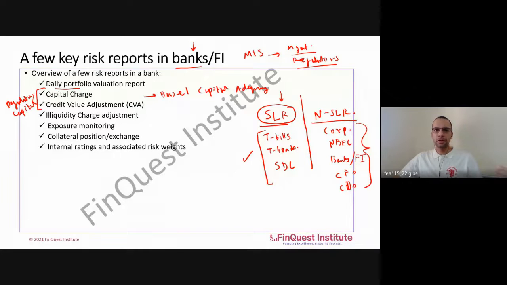So there will be an estimation of this provisioning, which is generally done by the CFO team within the bank, and they will keep this as a part of the capital provisioning amount. So a report is calculated for this as well. So the bank knows how exactly it's looking at its illiquid positions. Then exposure monitoring. Again, exposure monitoring is something we'll be covering later on because I would like to link exposure monitoring with the limits module in banks.